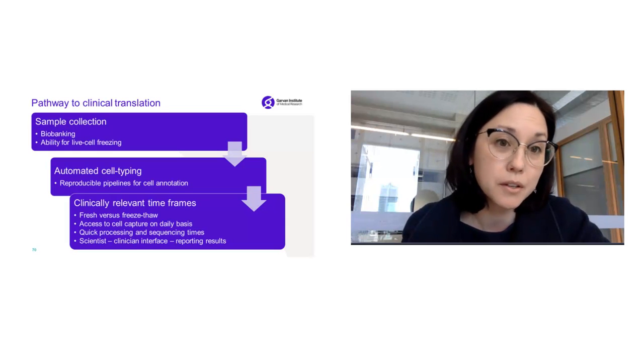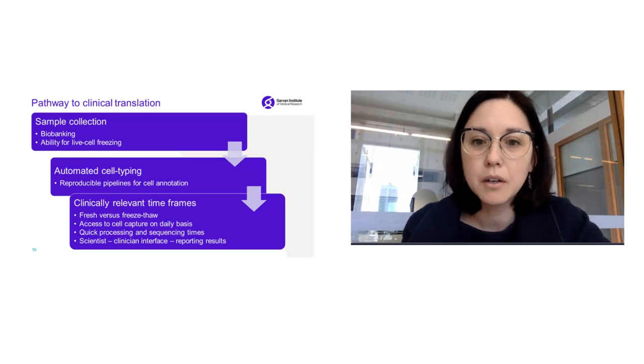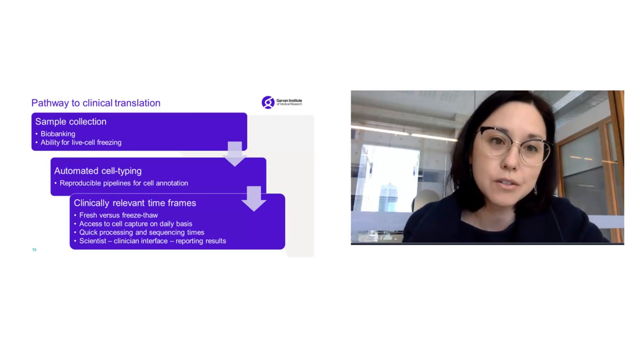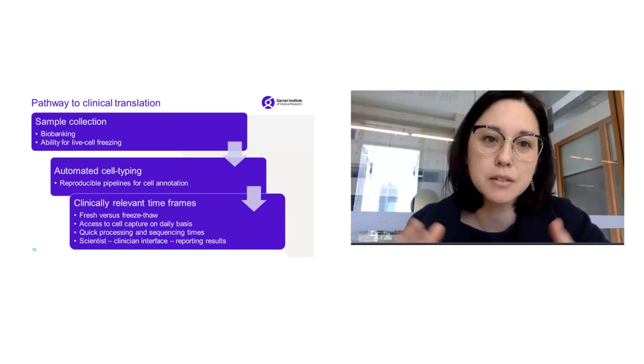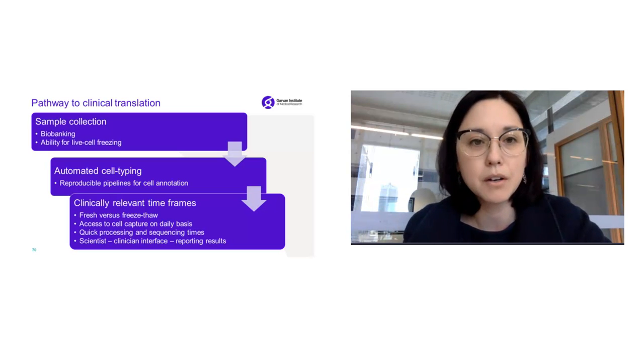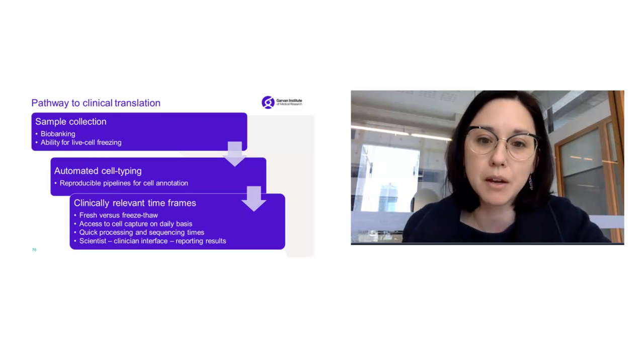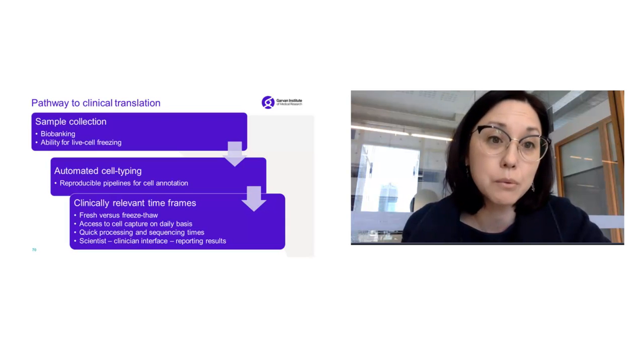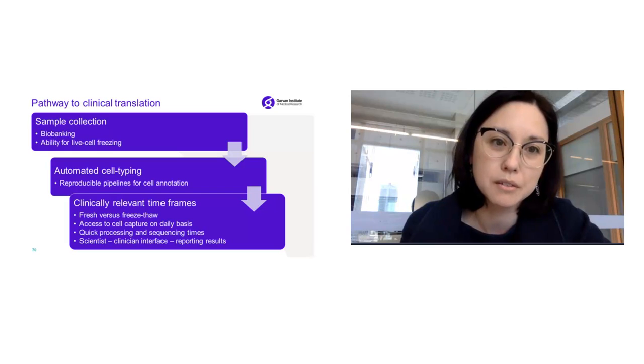There's no good reporting these results 2 months down the track when you have a patient who's waiting for treatment. Do we use fresh tissue? Do we freeze tissue so that we can batch patients and make things more cost effective? We need quick processing and sequencing times. And I think we also need to think very carefully about the scientist-clinician interface. How do we report these results? These are very complicated results. We need to be able to report them in a way that clinicians understand and can translate those into decisions